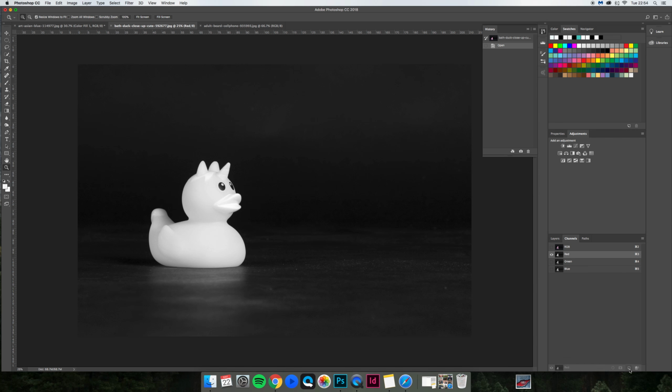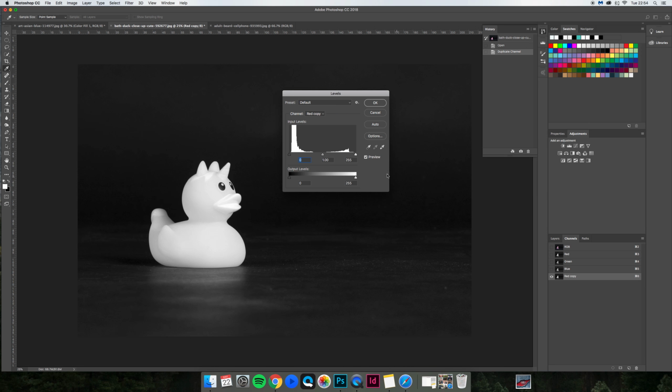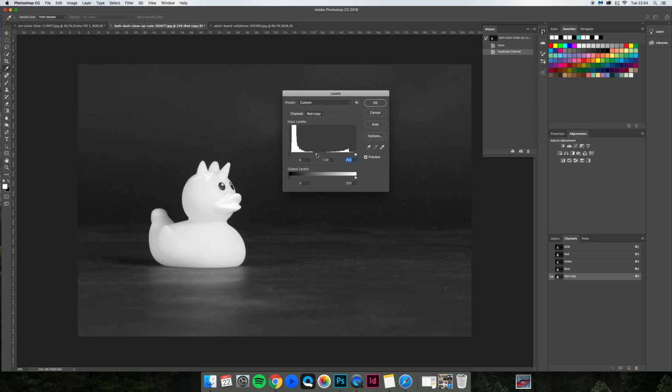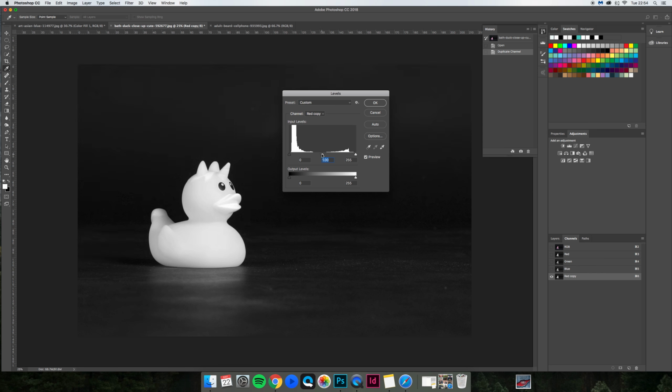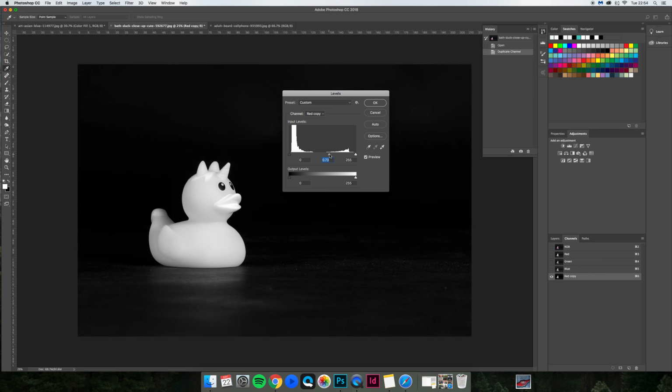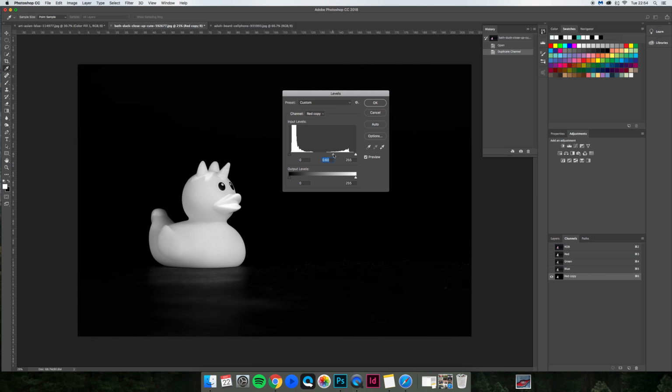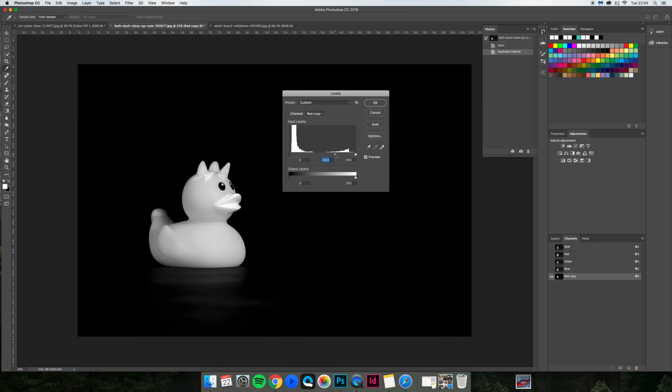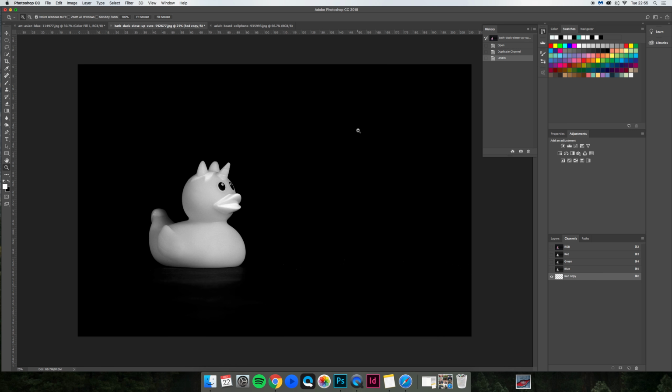Just going to drag that down, duplicate that. If you hit Command L, bring up the levels. We're going to bring up the middle one. Sorry, we're going the wrong way. Going to take that middle one to the right. Not too much, as you can see, we're starting to lose detail in the tail here. Could take it a wee bit more. So if you hit enter on that,